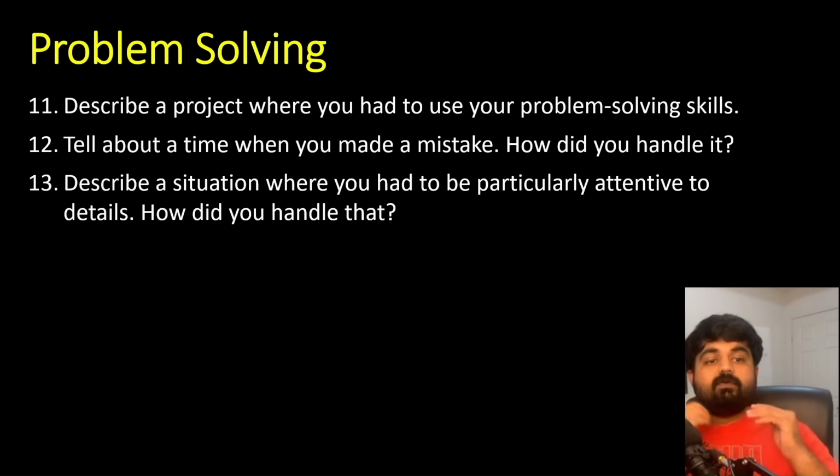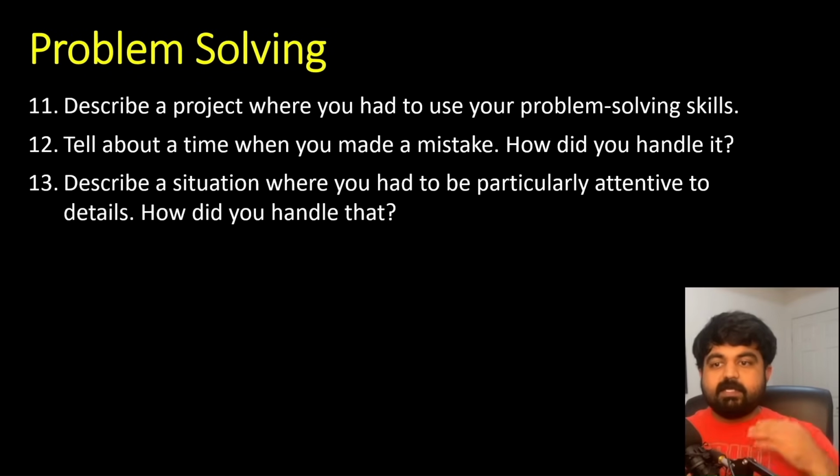Maybe you or your team had already tried to do this and you already failed a couple of times. So this time you have to make sure that this was the way you have to move forward. So you have to make sure that you don't make any mistakes. After explaining the scenario, now how did you ensure that you are being particularly attentive? Maybe you can do it like that.